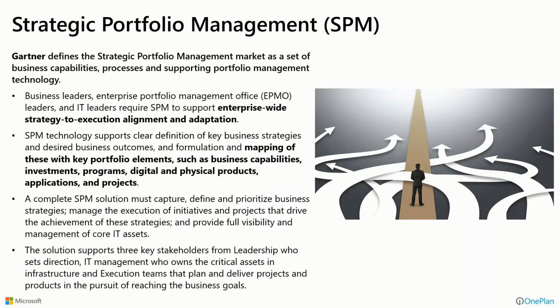Now, we talk about strategic portfolio management being the portfolio management approach that these EPMOs should execute on. And at a high level today, just want to talk about what that is. We've had our traditional PPM or project portfolio management that served us and really advanced organizations well over a number of years now. But the key here is to really integrate more than just the execution of project portfolios. We want to be able to provide enterprise-wide strategy to execution alignment and adaptation of that across the organization, and